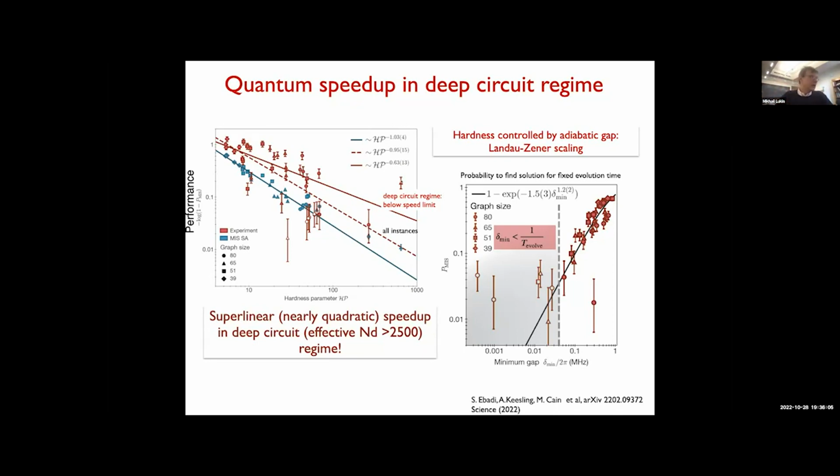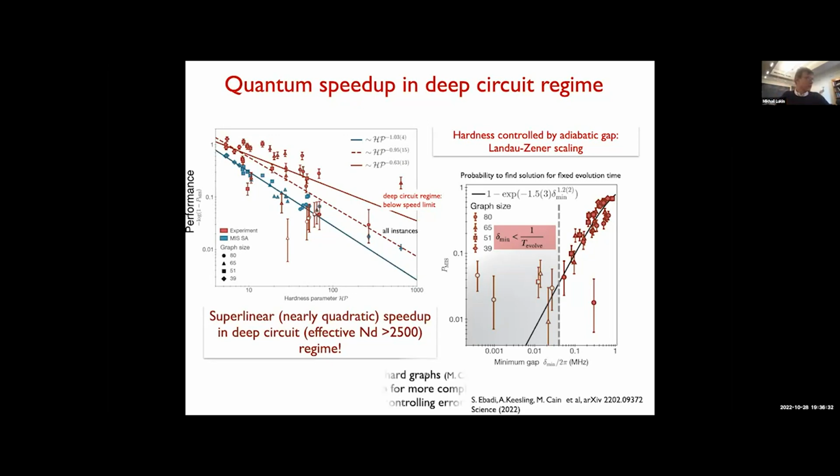So in this case, we see a superlinear, nearly quadratic speedup. And I would like to emphasize that this only occurs in a regime where we have an effective n times the circuit depth that is actually more than 2500. So these near-term systems really allow us to explore these regimes when we design our algorithms